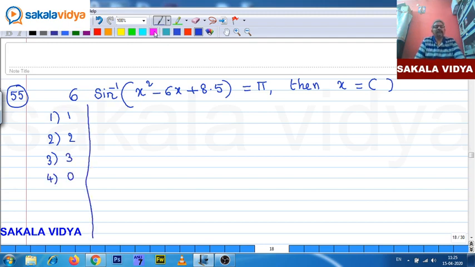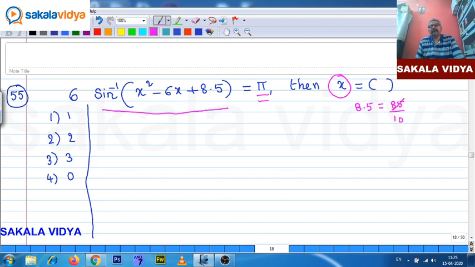So, now 6 times sine inverse of x square minus 6x plus 8.5 is equal to pi. Then we need to find out x value. First, let us change 8.5 as a p by q form. So, 8.5 equals to 85 by 10, so 17 by 2. Am I correct now? And again you take 6 this side. Now, this question becomes like this: